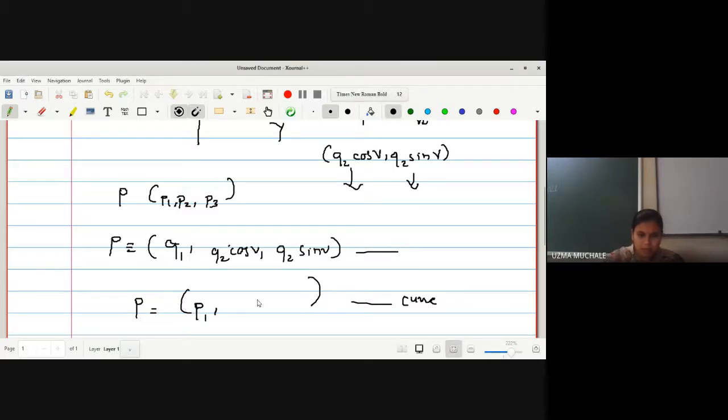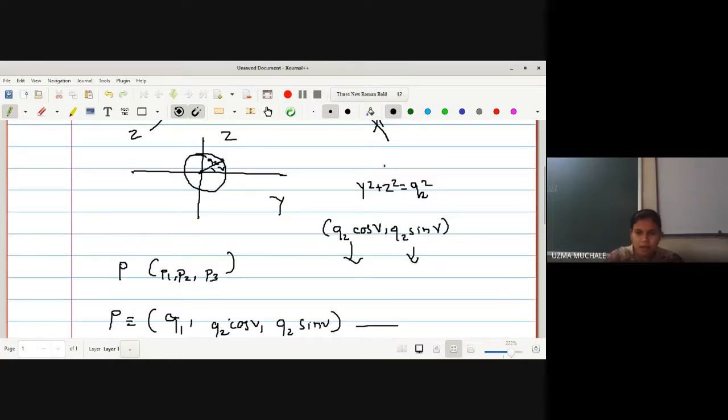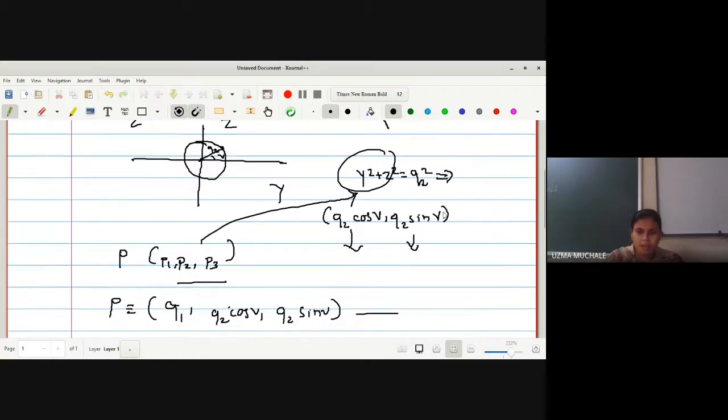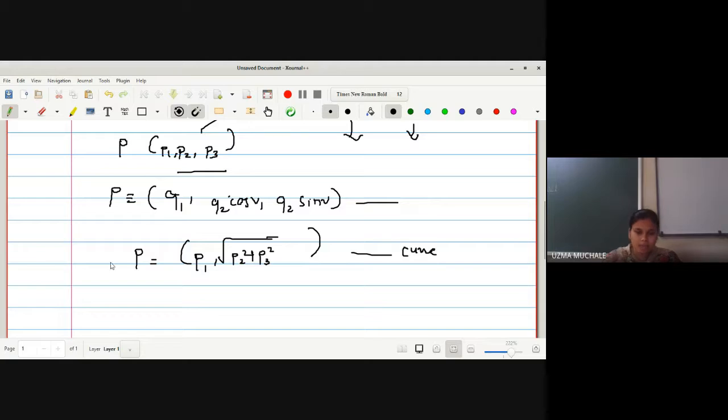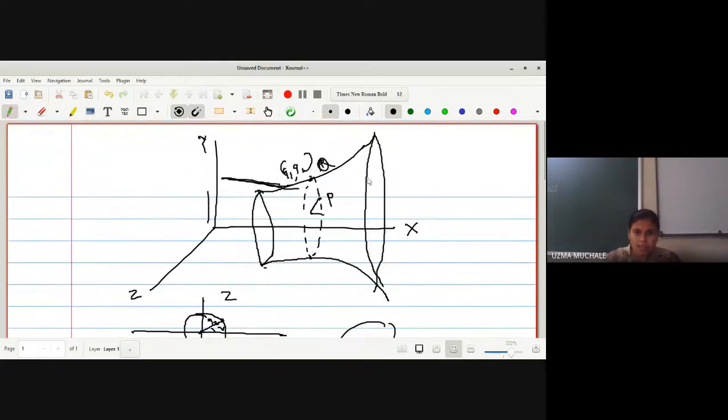simply your y coordinate, which is nothing but the square root of P2 square plus P3 square. Why is this so? This is nothing but y square plus z square. What are y and z? They are your P2 and P3, correct? So P2 square plus P3 square gives the y coordinate, because what you have considered is this point Q with coordinates Q1, Q2. So Q1 is as it is; there is no change between P1 and Q1, because your x coordinate is the same, the distance of that x coordinate from that point is the same, right?